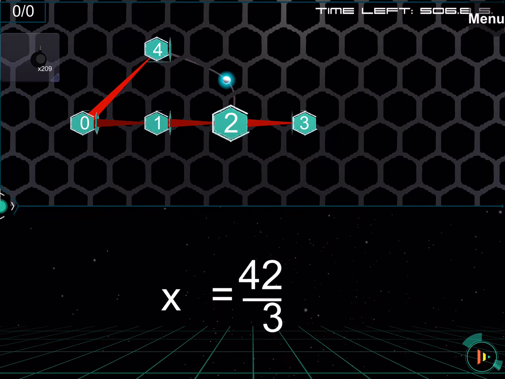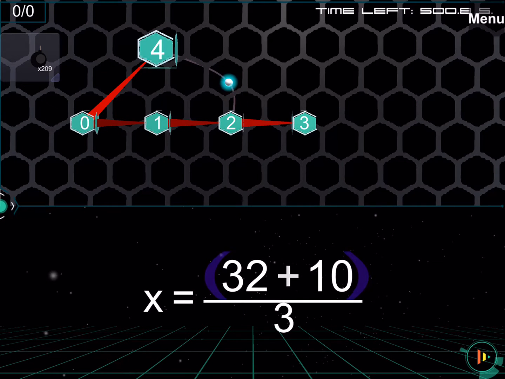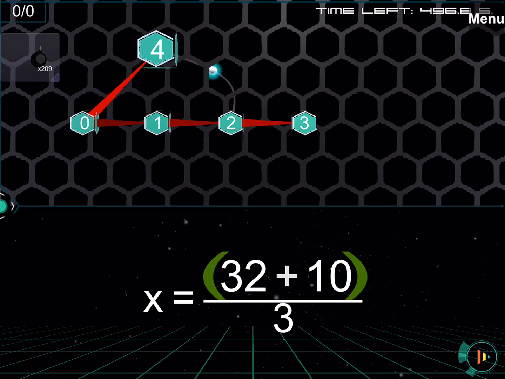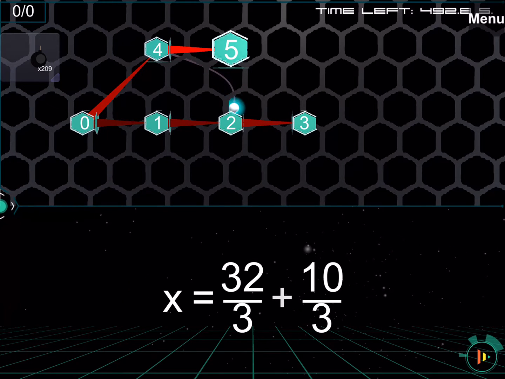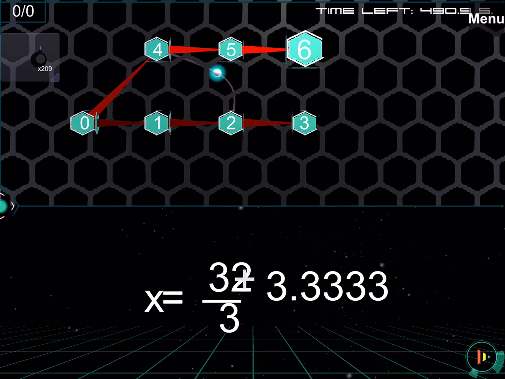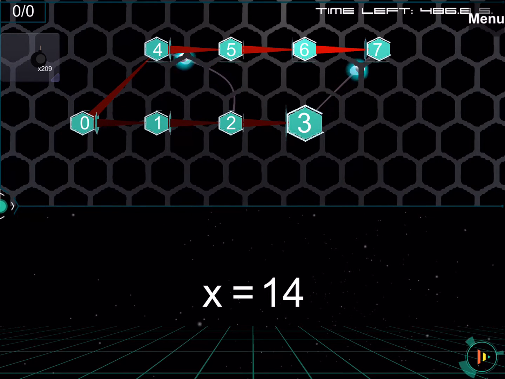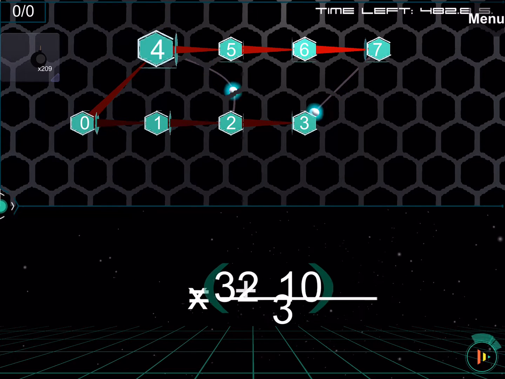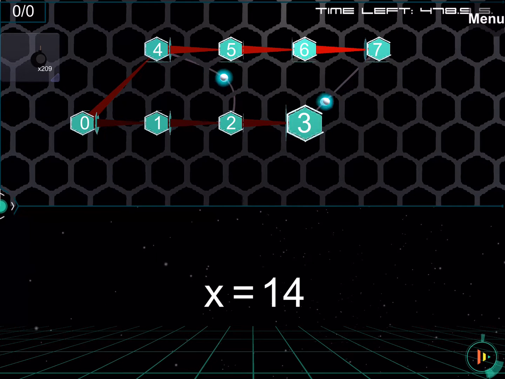You can calculate this 42, which sends you back to step 2 as it illustrates from 4 and sends you back to 42. Or we can be more creative. We can actually break this parentheses and now we have two fractions and we can calculate them individually and then add them up. And you can see from this path, from 0, 4, 5, 6, 7, 3, you ended up